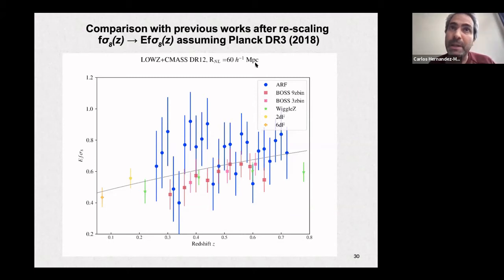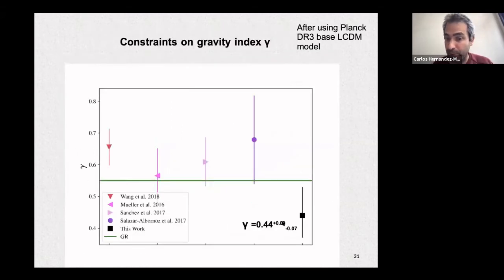They need to have like 3 parameters for the bias. They need to model the nonlinear velocities with the fingers of God. They need to have a bunch of 3 parameters. In our case, our model is way simpler: one single parameter for the linear bias, and that's it, okay? And yet, you say, okay, you have bigger error bars indeed, but we have more shells. And actually, if you try to constrain deviations from general relativity using this velocity amplitude, we're obtaining very